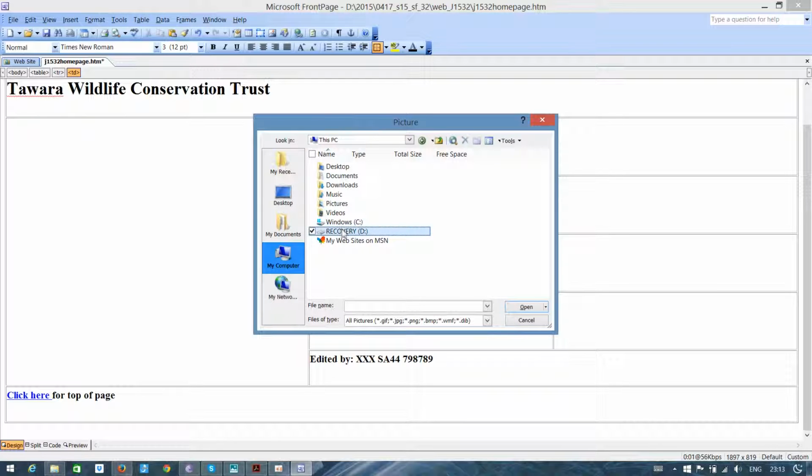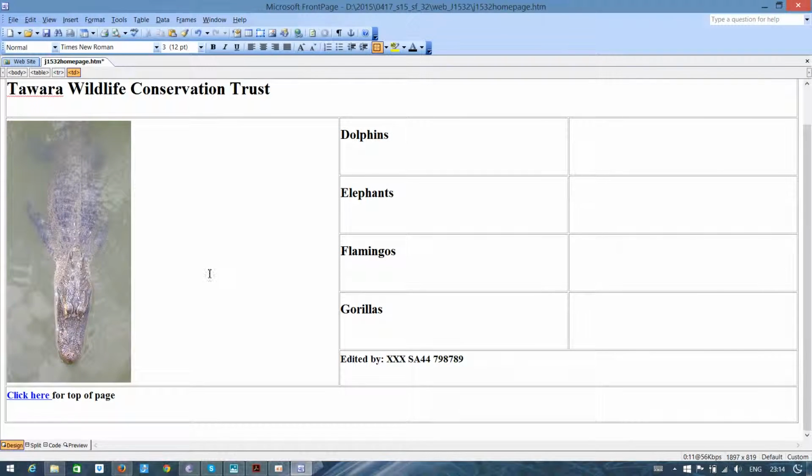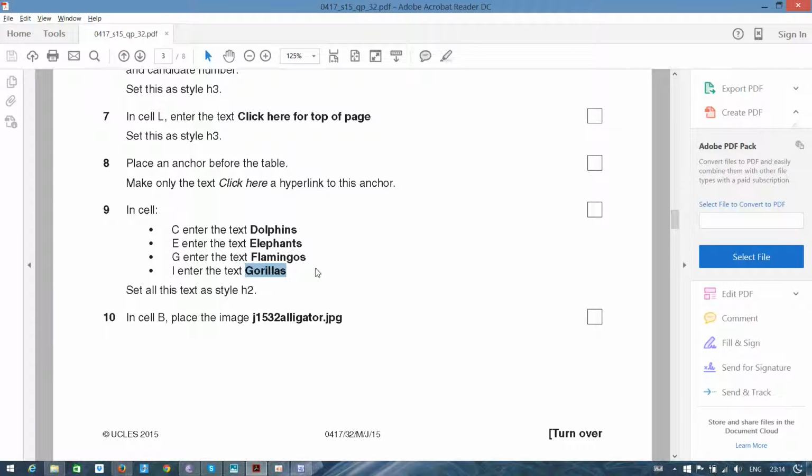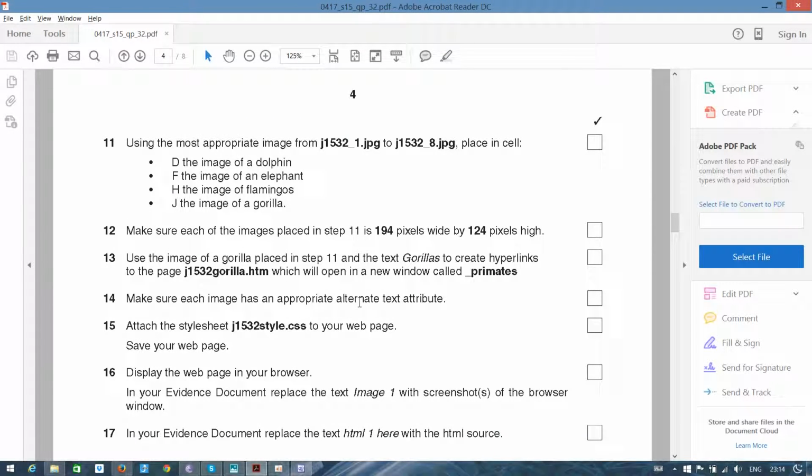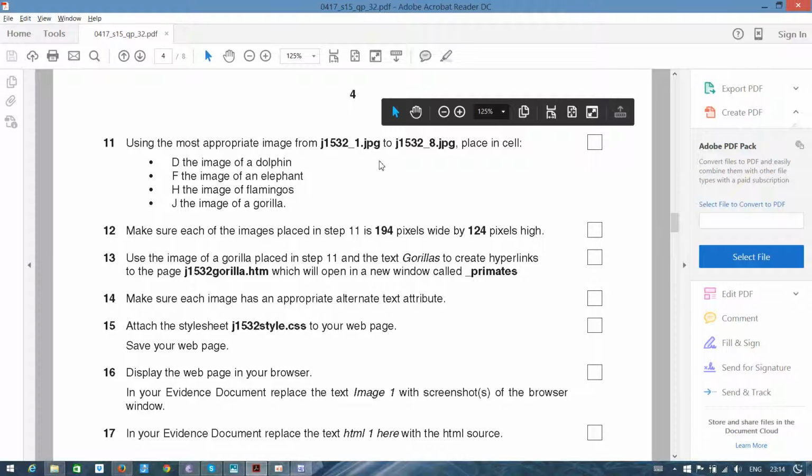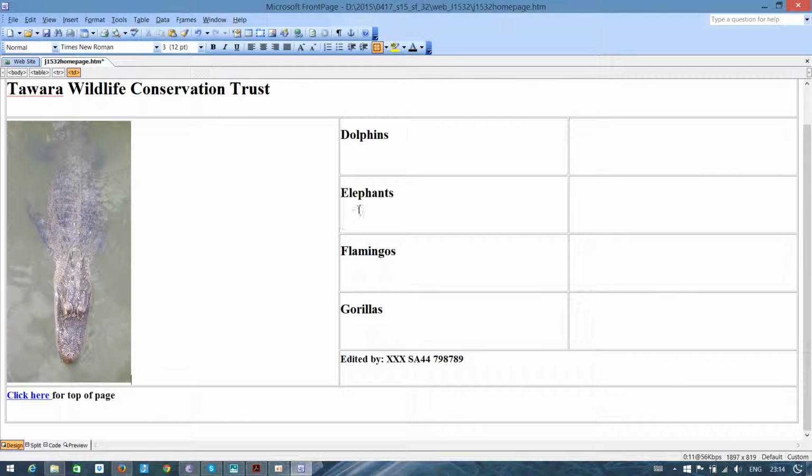I think it should be this one. Yeah, that's the picture. Then is the alligator. And then they're saying that use most appropriate image from this J1532 underscore 1 to J1532 underscore 8, place it in the cells against those, like more or less